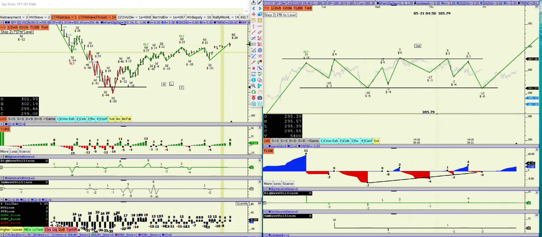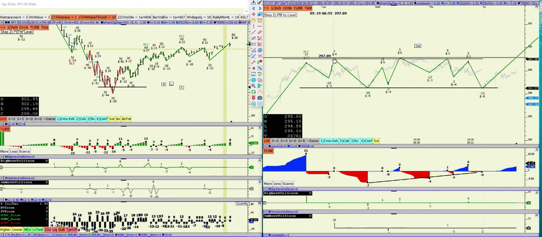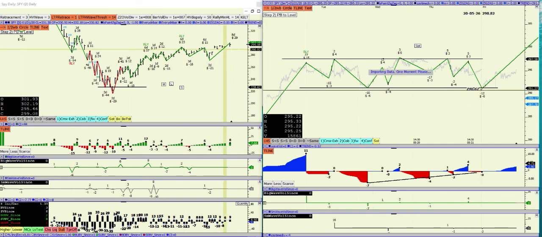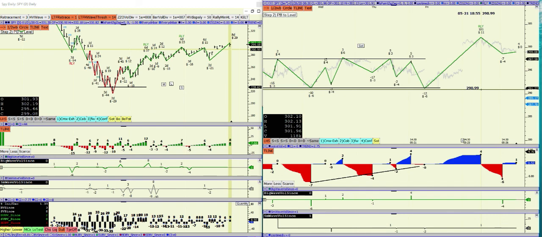The second learning is the springs. You see that when we're playing the range over here, the up thrust took it all the way down to the spring. I'm not too crazy about the term spring. It's more like a test of support. It just goes a little bit lower. So a lot of folks are really hell-bent on the springs and up thrusts, and the reason why they are really important, though, even though I'm not all about springs,